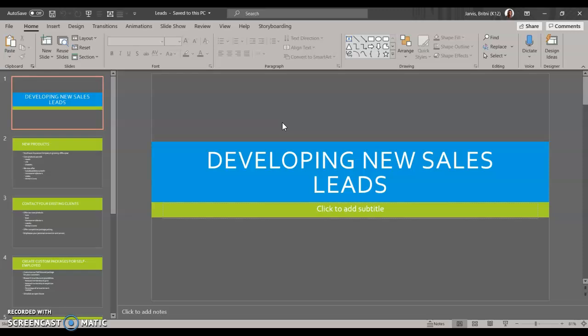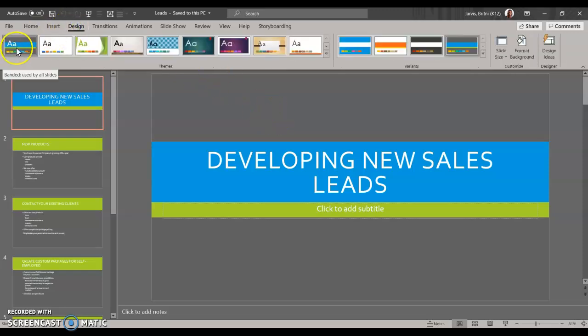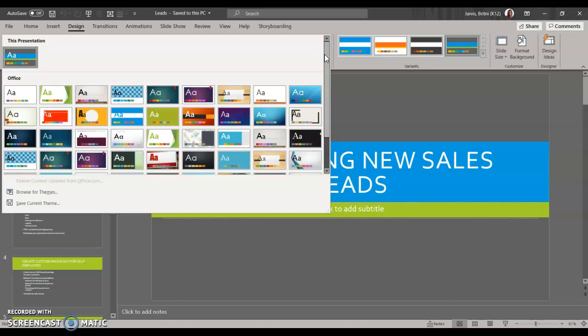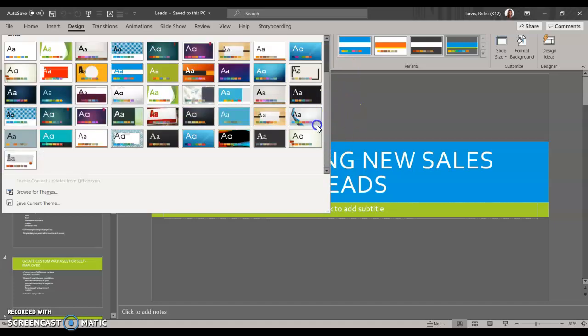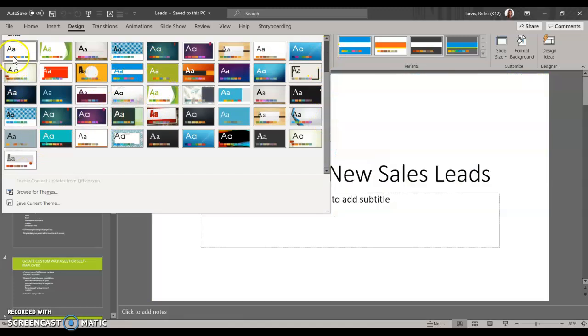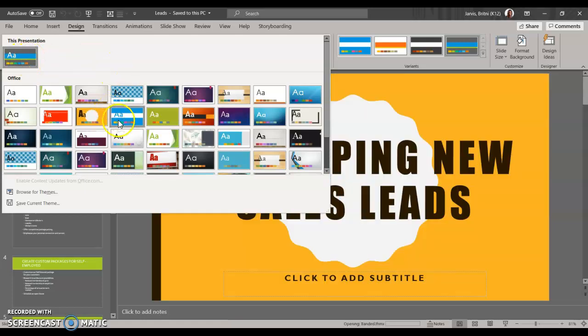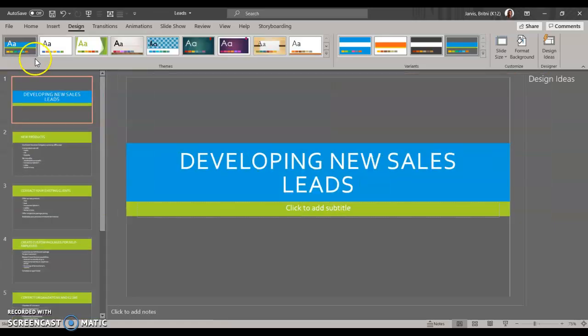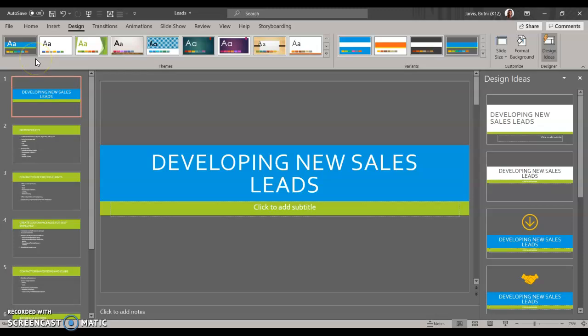Okay, so here we go. The first thing it's asking us to do is change the theme color. So right now our theme is called Banded, is the theme that we are starting with, but it wants us to change the theme colors. So I'm not changing the variant here. I just want to expand my design theme box. And you can see you have lots of different options here, which is kind of a cool thing. And feel free to play around with this. If you hover over them, it gives you a live preview of what it would look like. But if you want to play around with it, that's fine. But then go back to